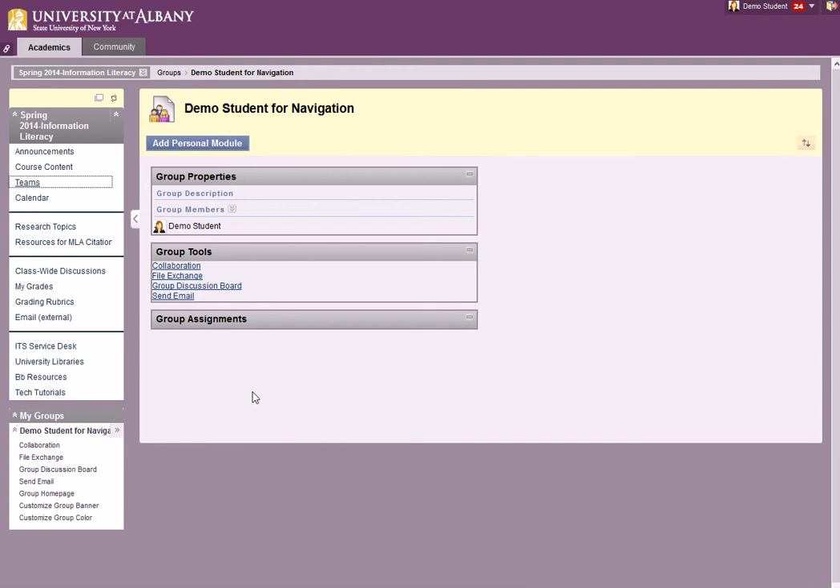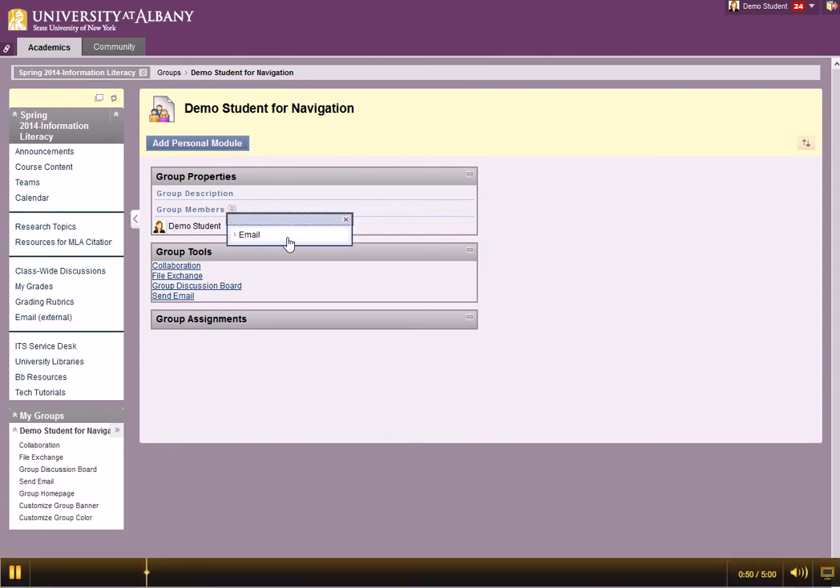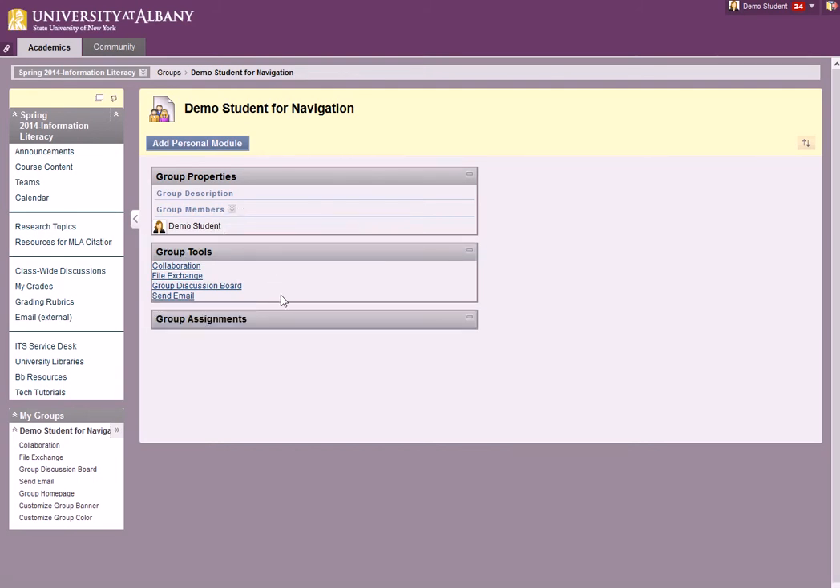Okay, so this is my group here. You'll see your group members. You can email your group members from this action link. Right now I'm the only member of my group. These are our tools. You've got File Exchange,